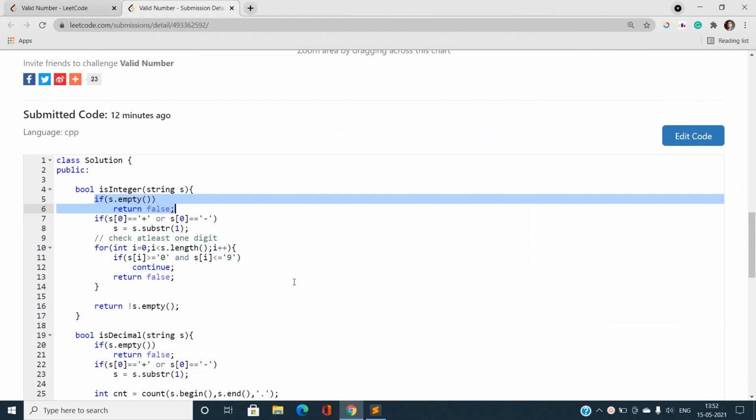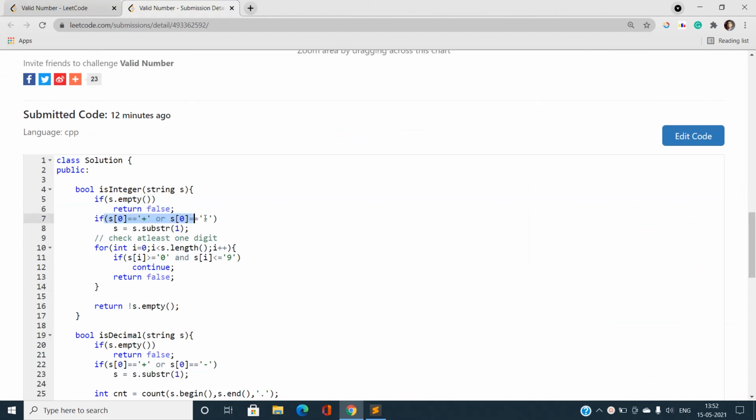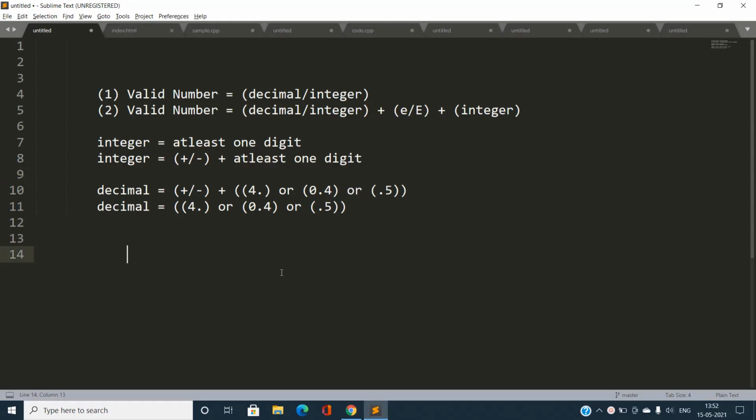The first character is optional, if it is a plus sign or a minus sign. If my first character is plus or minus, I will say yes, it is okay, and I must check the remaining digits. Suppose I have characters like plus 2233, or just 2233.